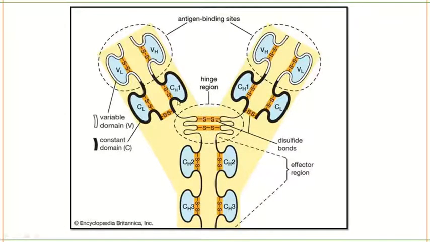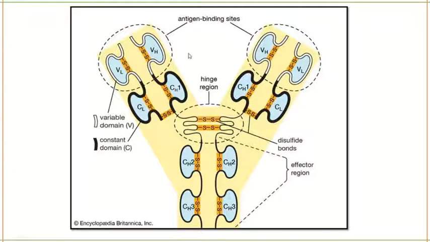So this is another diagram of an antibody. This is the fragment of antigen binding location, which is variable in nature. Then this is the hinge region. These are all constant domains. And this is the Fc region. The tail is basically called the Fc region. So this is the structure of your antibody.